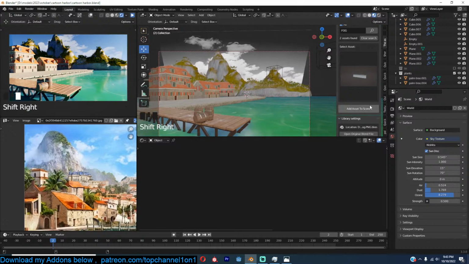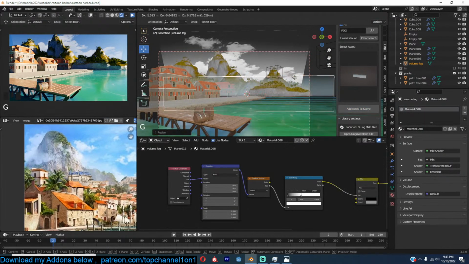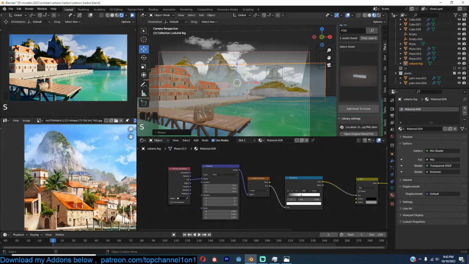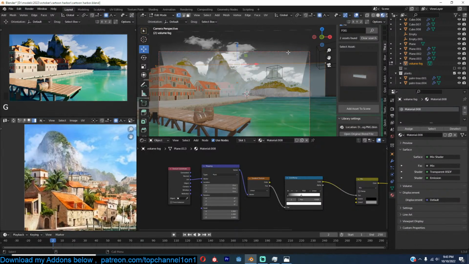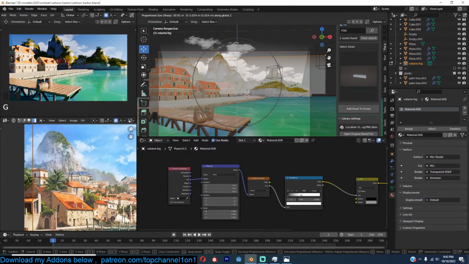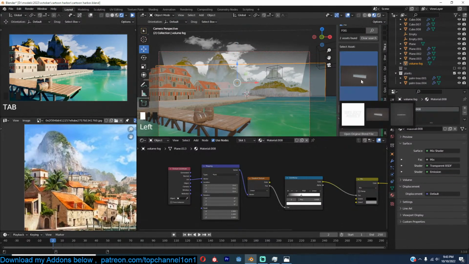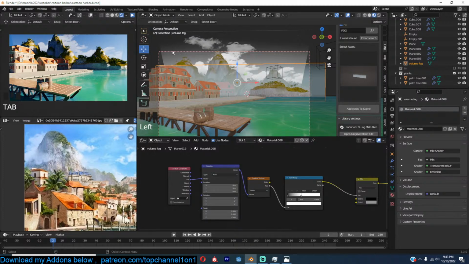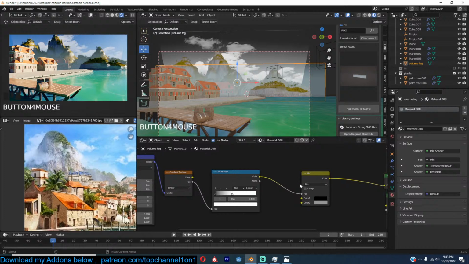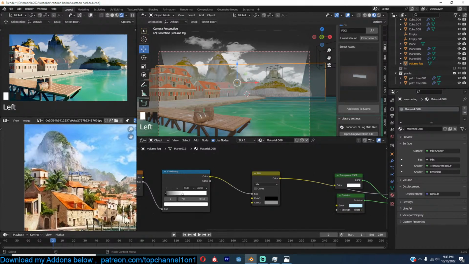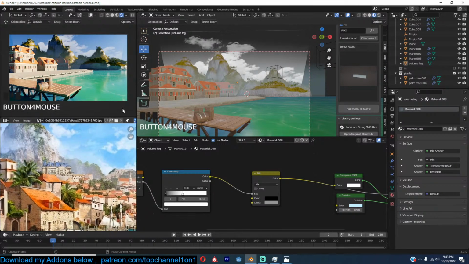Let's also add some volumetric fog. You know, this doesn't have to be too much. Okay, we also need more buildings, and